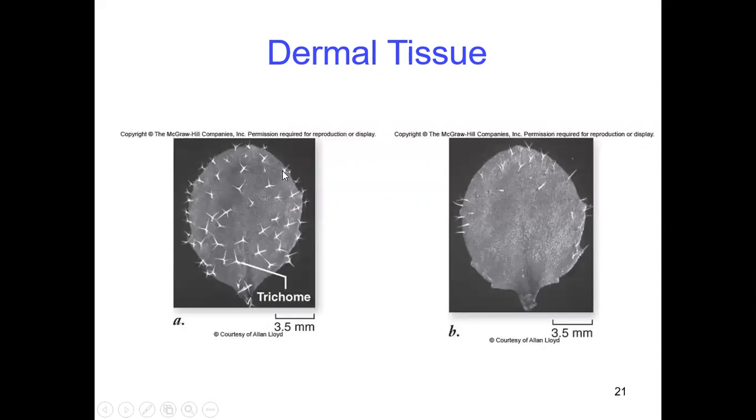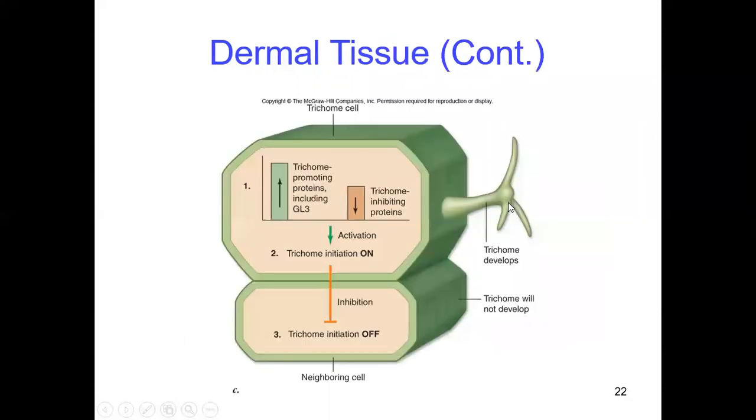So if you see here, this is the Opuntia plant. Okay. So this is a different variety. In the different varieties, there are different kinds of thorns here, which we call trichomes. So one variety has fewer thorns, one variety has many more thorns. So this is the way here.